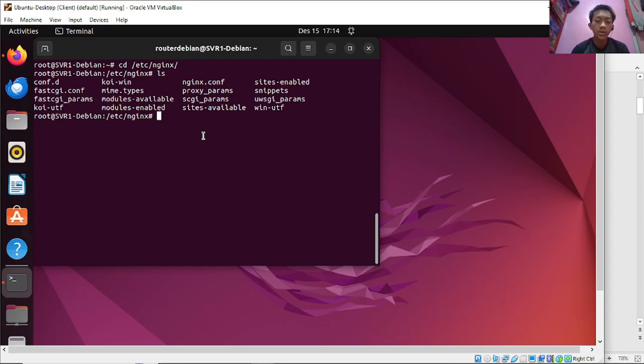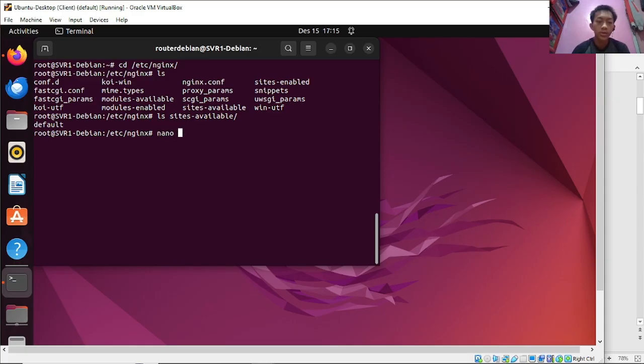Now let's list the contents of sites-available by typing ls sites-available. Okay, press enter. Here we can see that there is a file called default. We will edit this file to change the web display.